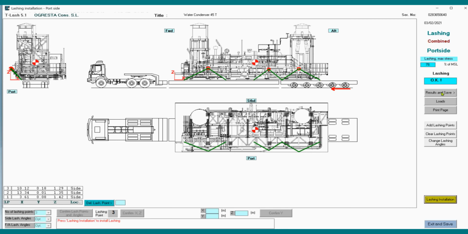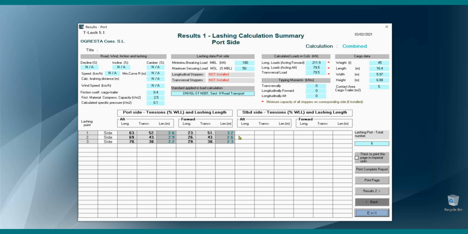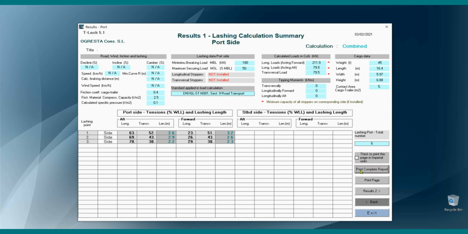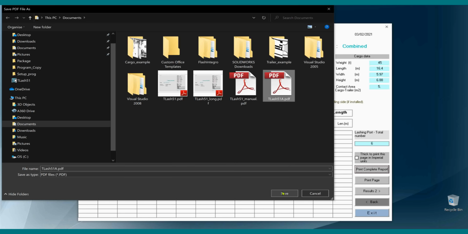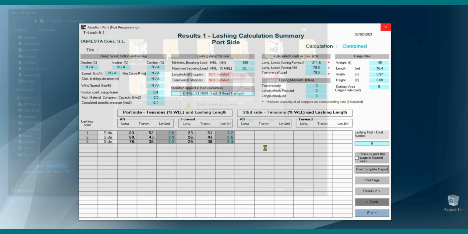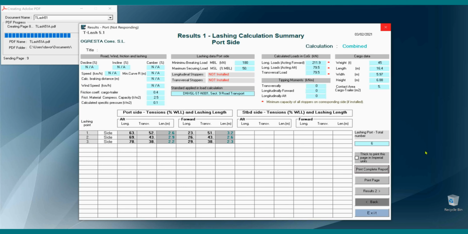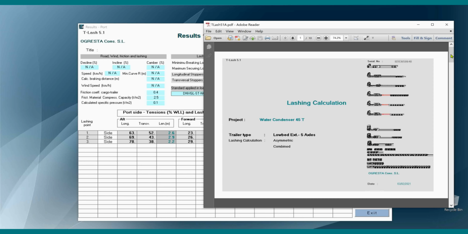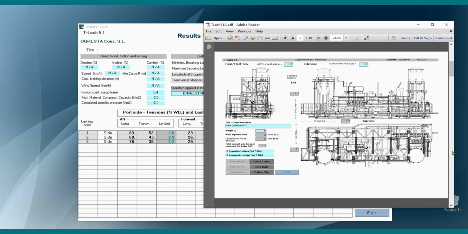Now we can proceed to numerical results, see all the data, and we can print complete report. Save. Here we are, 10 pages. Results. Module,